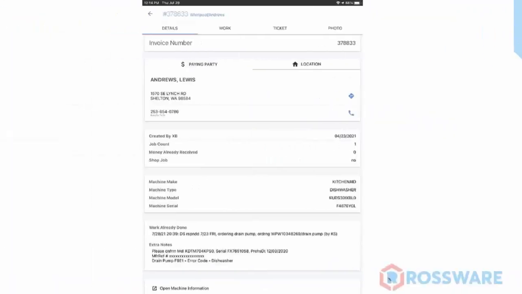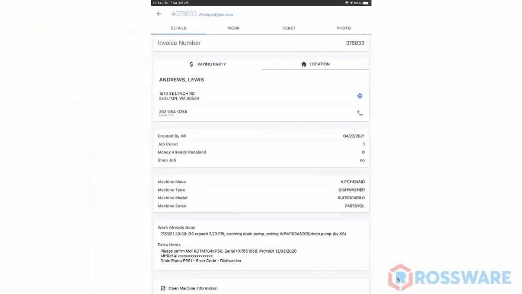Oh, whoops, hold on. Down here at the very bottom, there's this little button that says open machine information. So there's another opportunity to open it besides right here, but if you click on this open machine information,